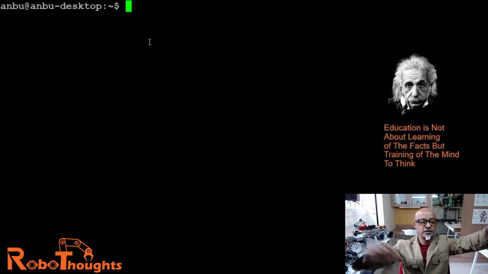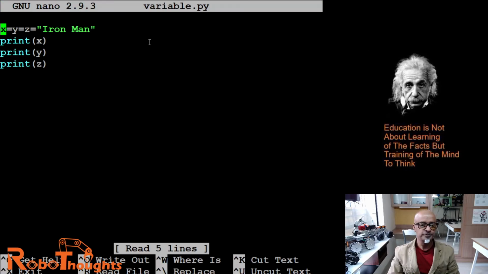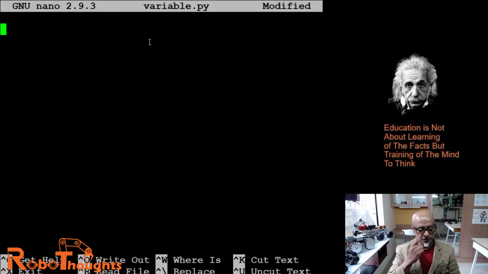All right, so let's take an example. Let's give a totally different kind of example. Let's open the file first. nano variable.py. Okay, let's delete this. Now let's try to give a different kind of example. Say for example, transformers